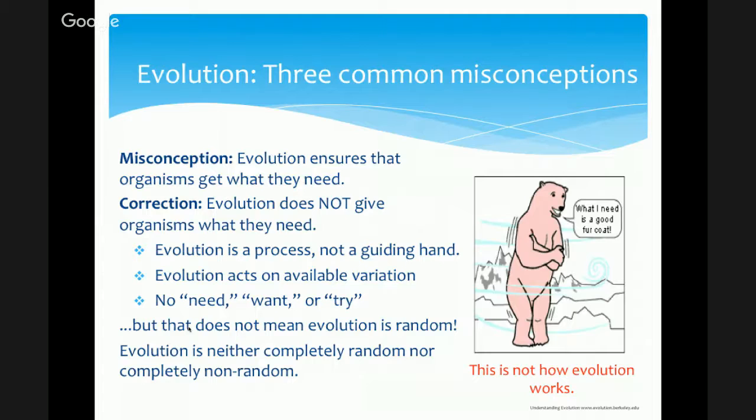Warm coats enable polar bears to survive in the Arctic, but they don't have warm coats so that they can live in the Arctic. And I recognize that that can sound very subtle, and I'm sure that some of you are thinking, well, that's just their language. This is just how high schoolers or middle schoolers talk. But I'm going to argue that it's so important that you force your students, and yourself, to make these adjustments, because if you answer something like, a polar bear has a warm coat because it needs it to survive, you can't be sure that that student knows how evolution and natural selection really work.